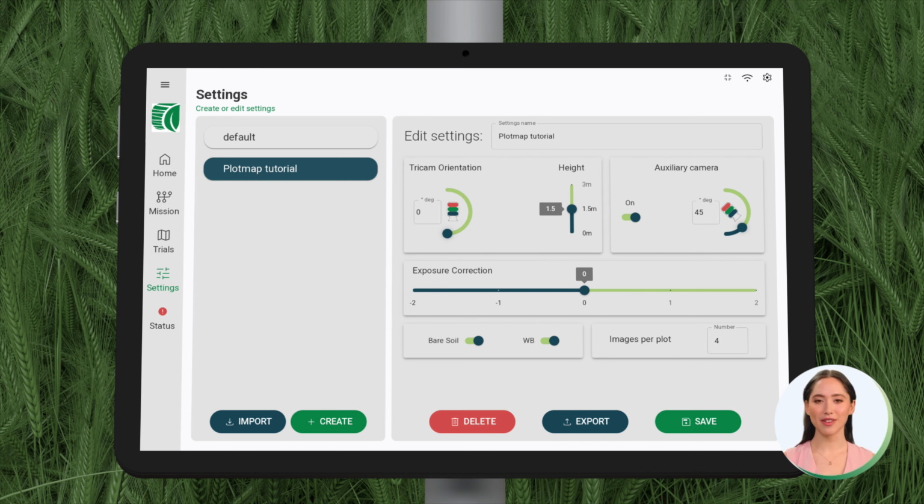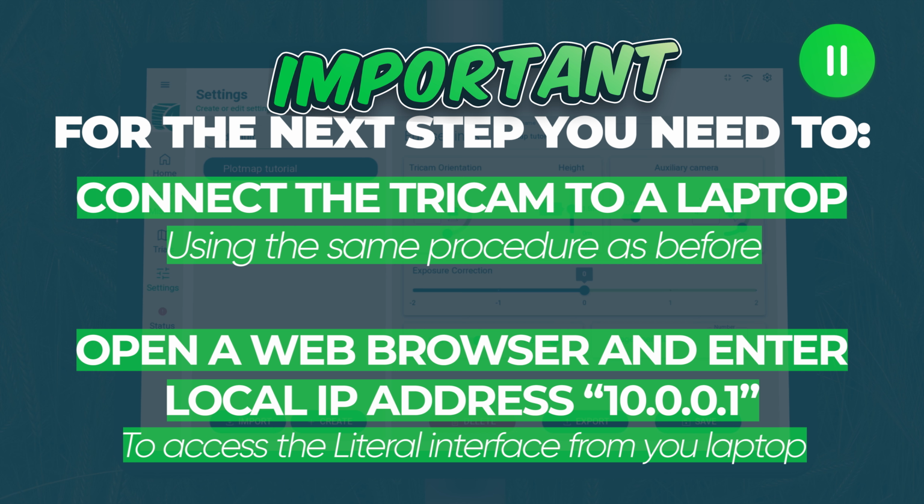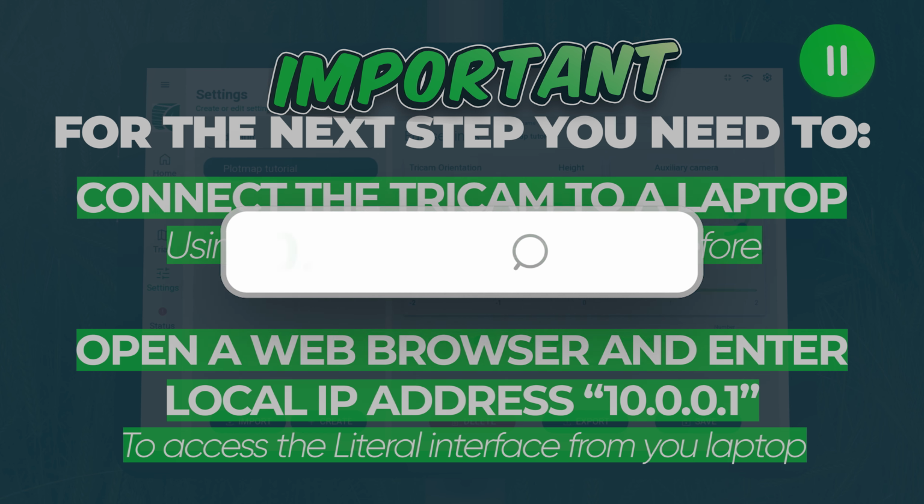Now it's time to create your trial. Important! To create new trials, you need to connect your Literal to a laptop and not to the tablet. Indeed, it's not possible to drag and drop assets through the tablet. To connect to a laptop, please use the same procedure as shown before, and then open a web browser and enter local IP address